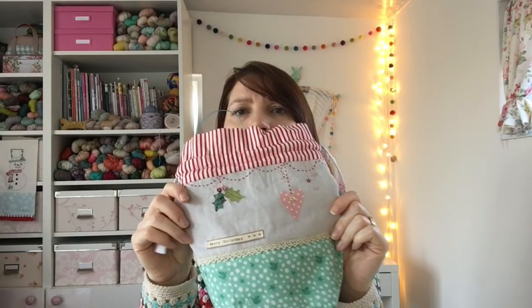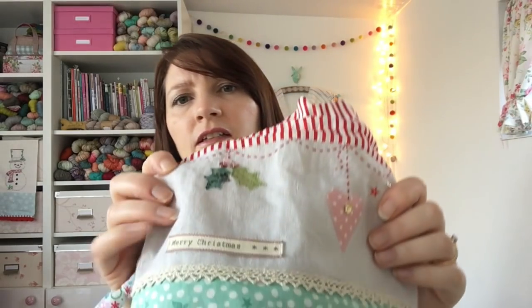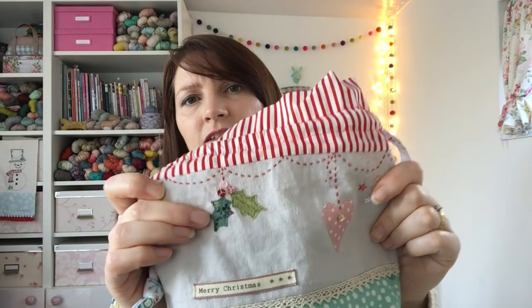So let's go on to what I am making at the moment, which is socks, of course. So I have got them in my little Christmassy project bag that I made last year. Just a little drawstring one that I quite like. So yeah, I did the holly motif again. It's a bit of a fave of mine. So in here